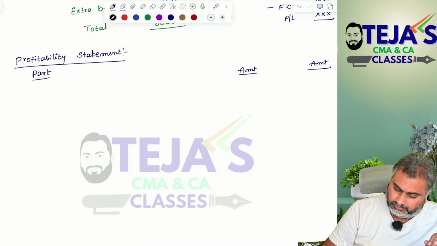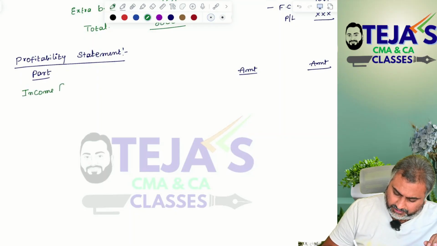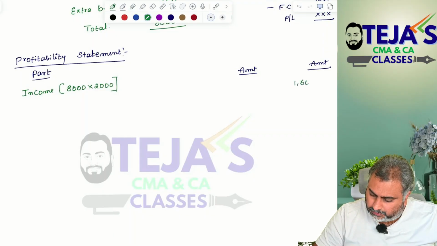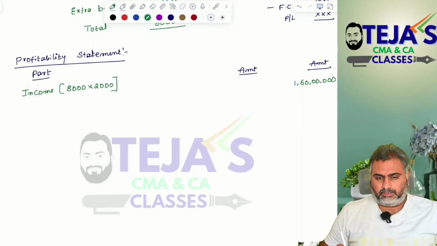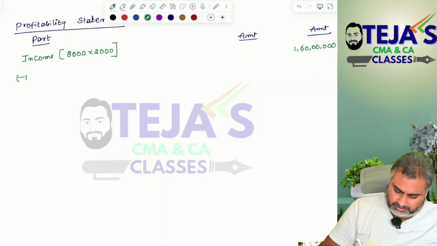Yeah. So first write down income, or you can say revenue. Total occupancy is 8000. Multiply with 2000 per day, then we are getting 1 crore 60 lakhs as our total revenue. Okay? From this, less